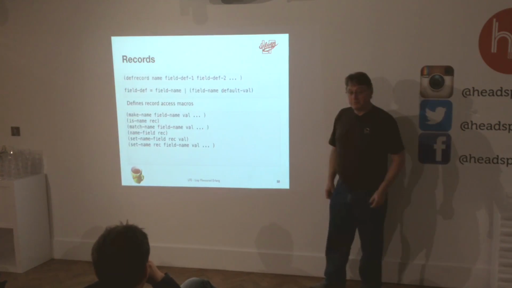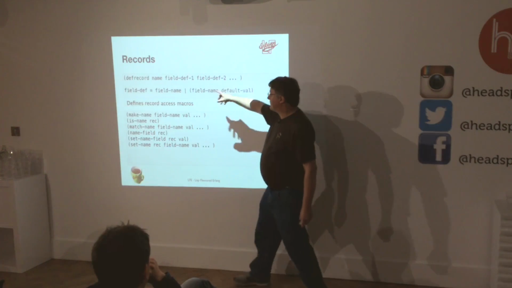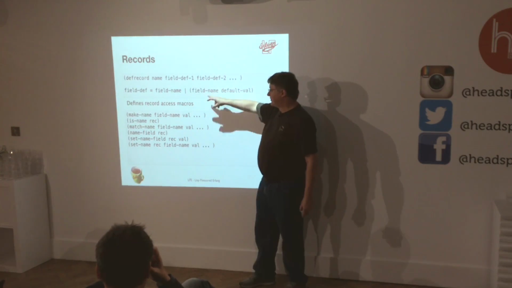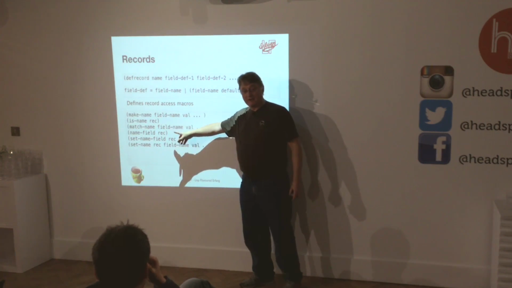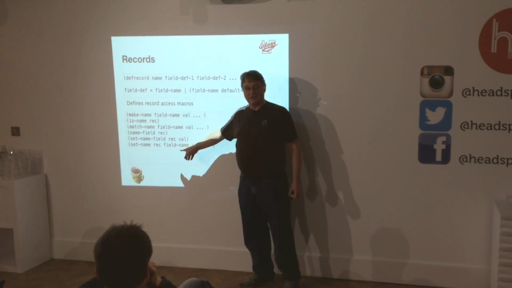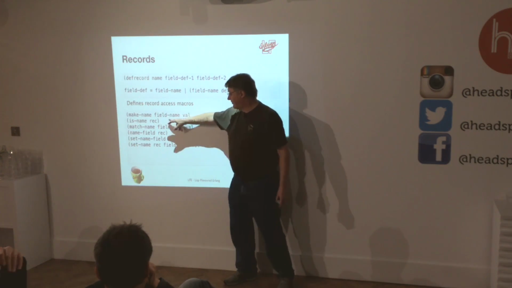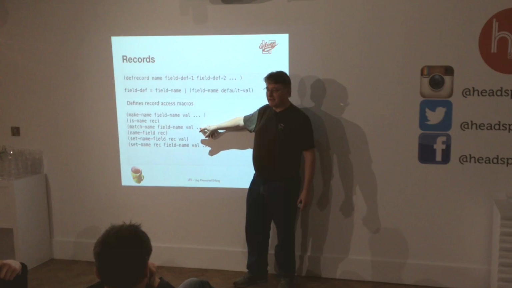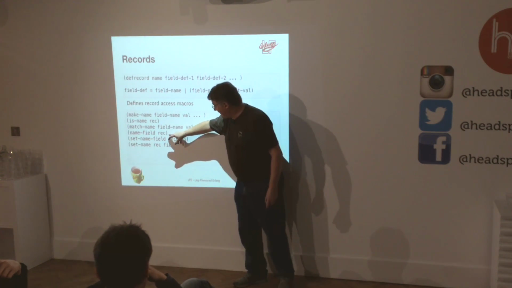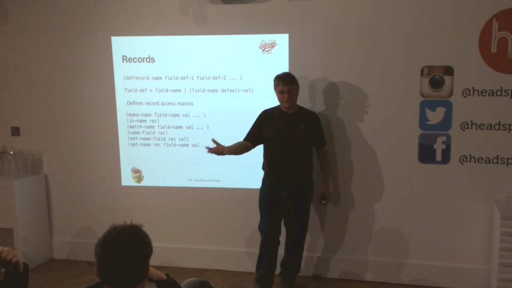But of course, we've got support here. We've got a def record macro where I can define a record, the name with all the field definitions and so on. And when I run that macro, it generates a large set of macros for me for accessing that record. So I've got a make macro here. I've got a test. I've got a pattern macro which generates a pattern for matching against that record. I've got accessor macros for all the fields. So I can extract the field or set the field and do things with it.